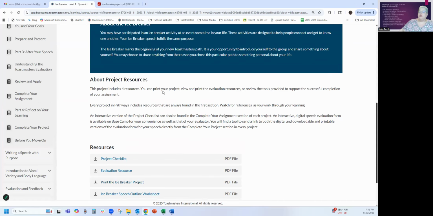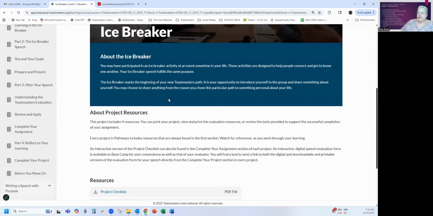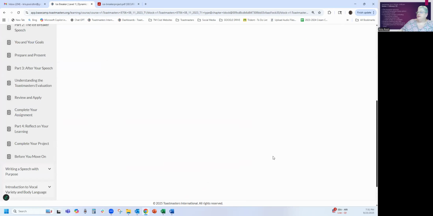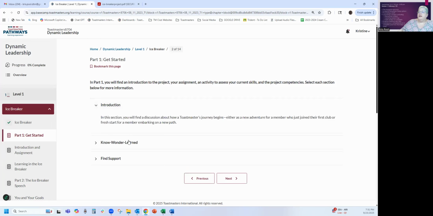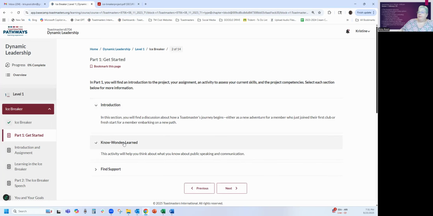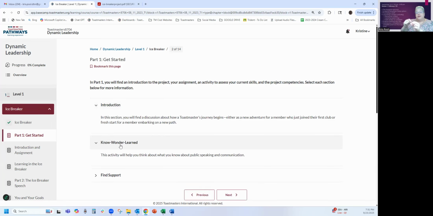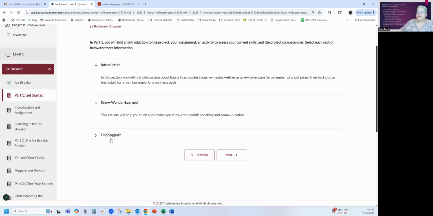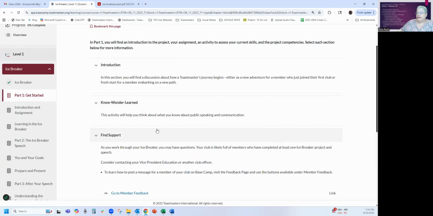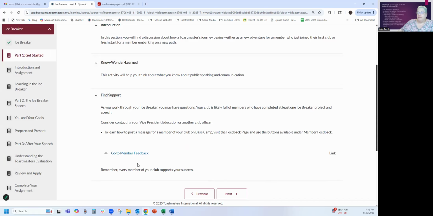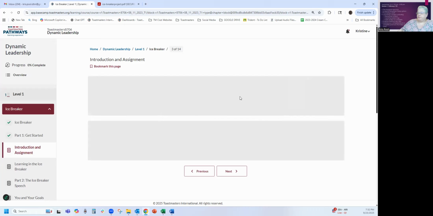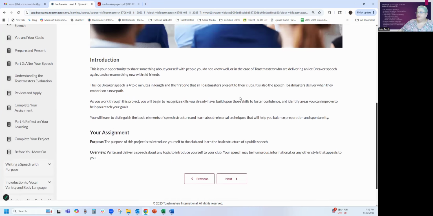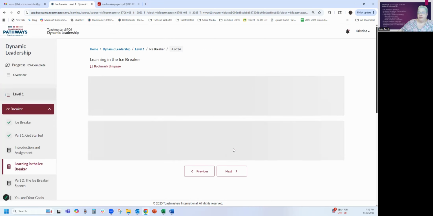On the actual project information, as you continue going through each one, you're reading your information. Sometimes you have little exercises, match up the terms with the definition, things like that. Sometimes there are videos in here, but you need to go through every page. Next. So one of the newer sections in the pathways here now,